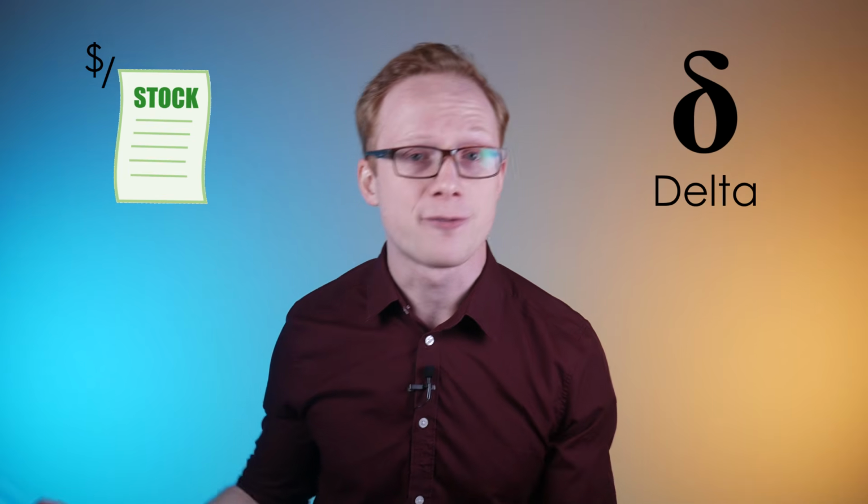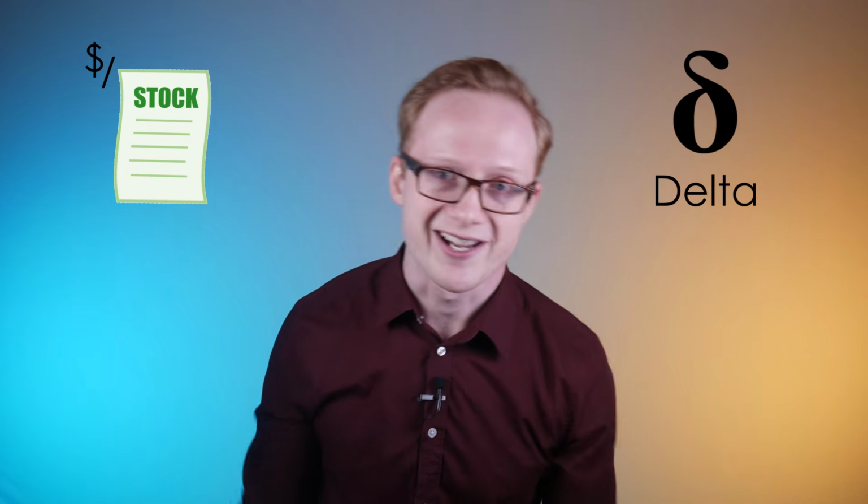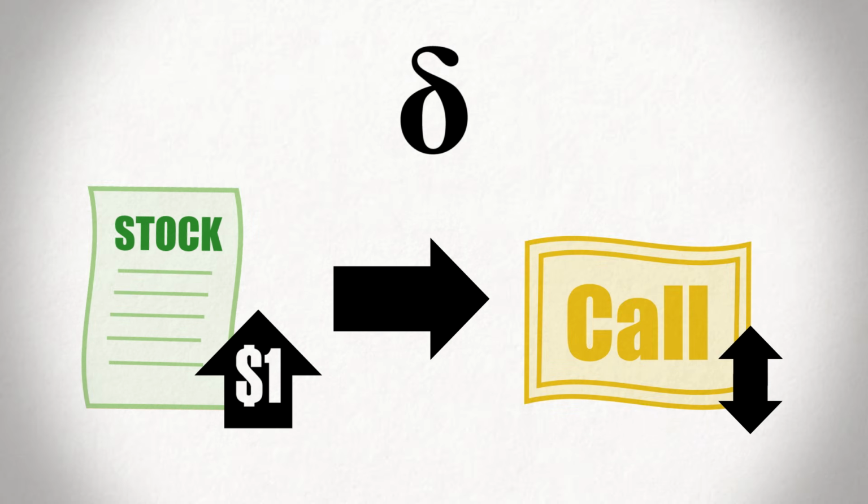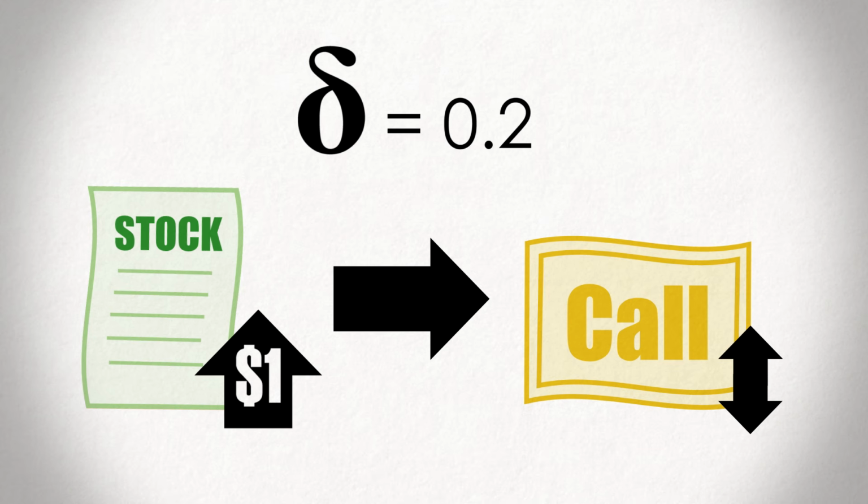Each of the Greek variables measures how an option's value, aka its premium or price, is impacted by a certain factor. And our first Greek, delta, is the most fundamental of the lot, measuring the relationship between an option's price and that of the underlying stock. It's often the variable that you'll see tossed around on online forums if you follow investment forums online. Delta shows how much an option's value will change for every $1 increase in the stock it represents. If an option has a delta of 0.2, it'll increase in price by 20 cents when the underlying stock goes